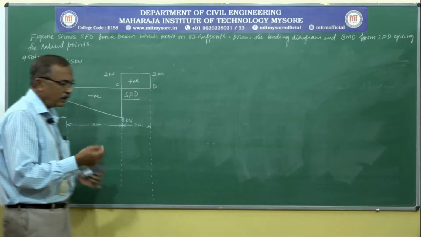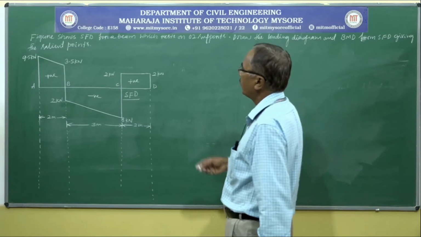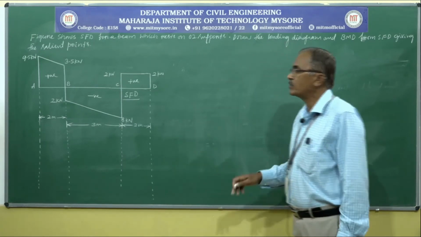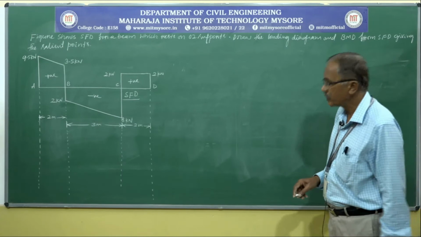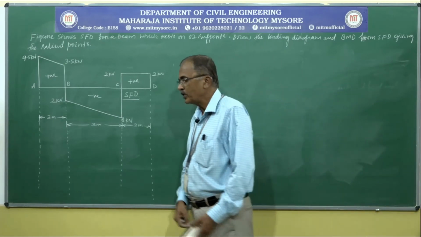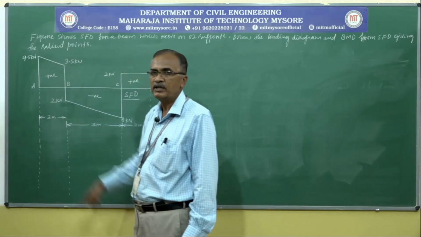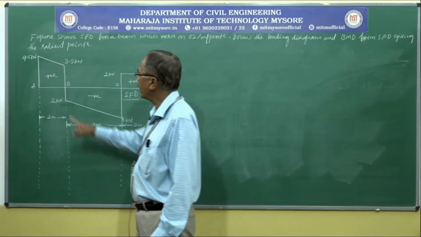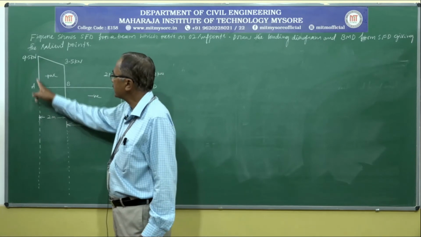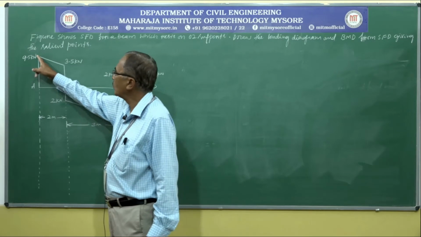Now recall the memory of the variation of shear force diagram for various loading condition. We know that the shear force diagram is vertical line for a point load. The point load may be acting in the downward direction or it may be acting in the upward direction. From the reference line there is a vertical line here that indicates a point load.